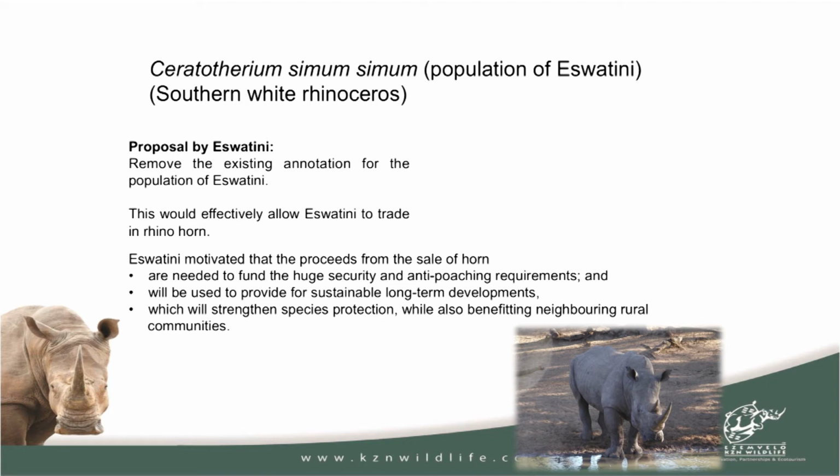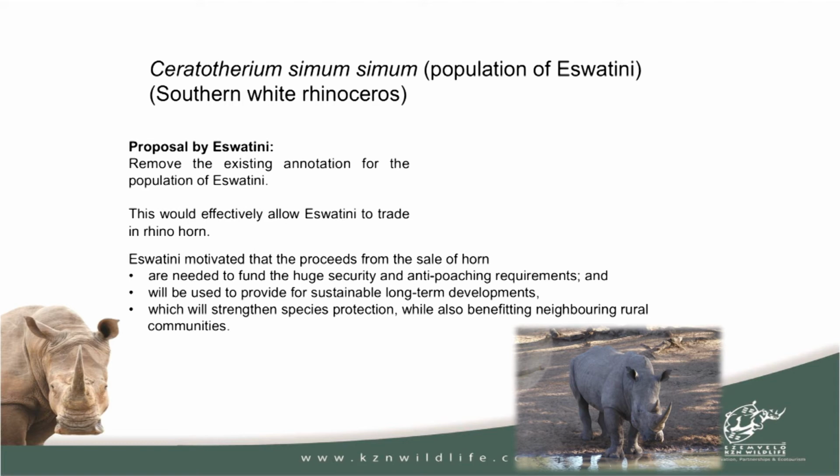The next one is white rhino. This was a proposal by Eswatini to remove the existing annotation for the population of Eswatini. So I just mentioned the annotation in the previous slide. That's to appropriate destinations, live translocation to appropriate destinations and for hunting trophies. So Eswatini proposed to remove that existing annotation, which effectively would mean that they would be able to trade in